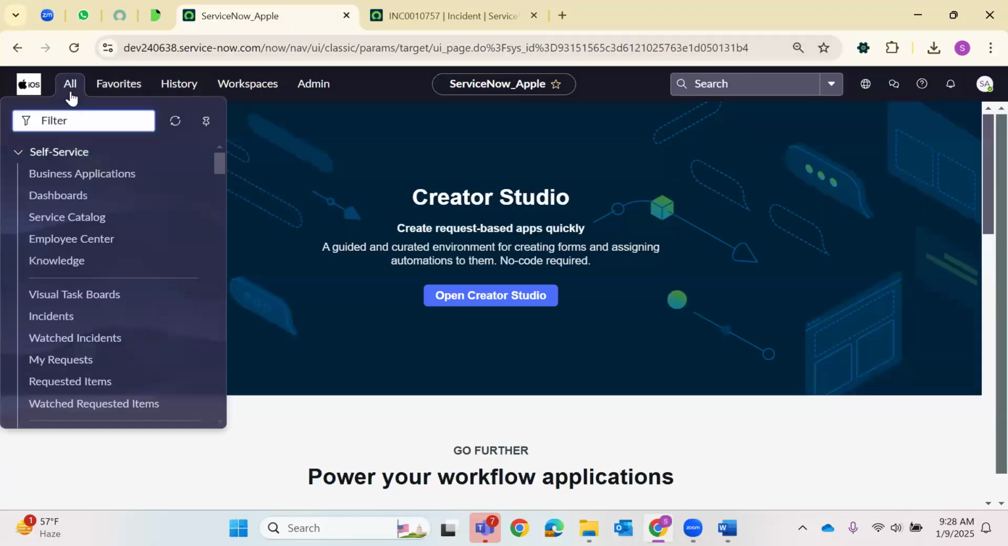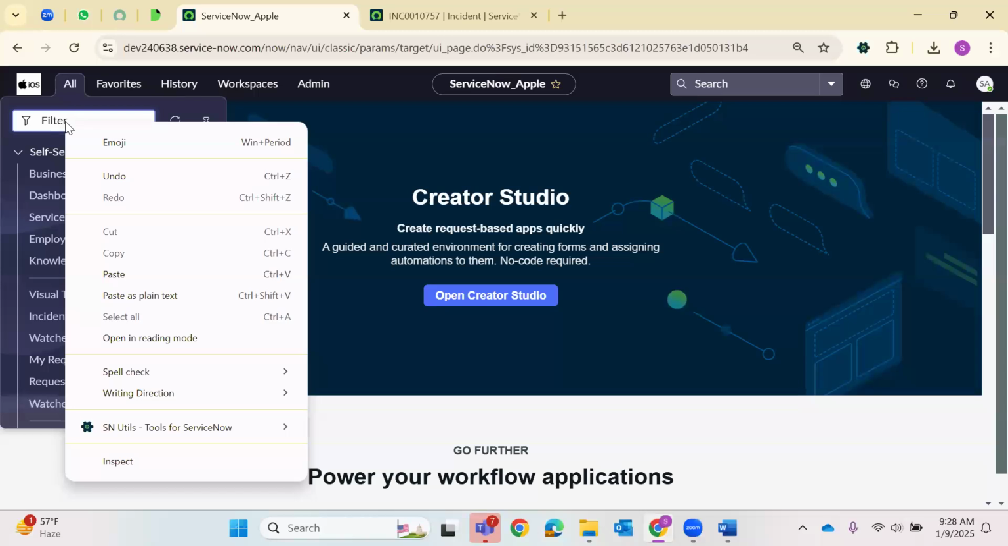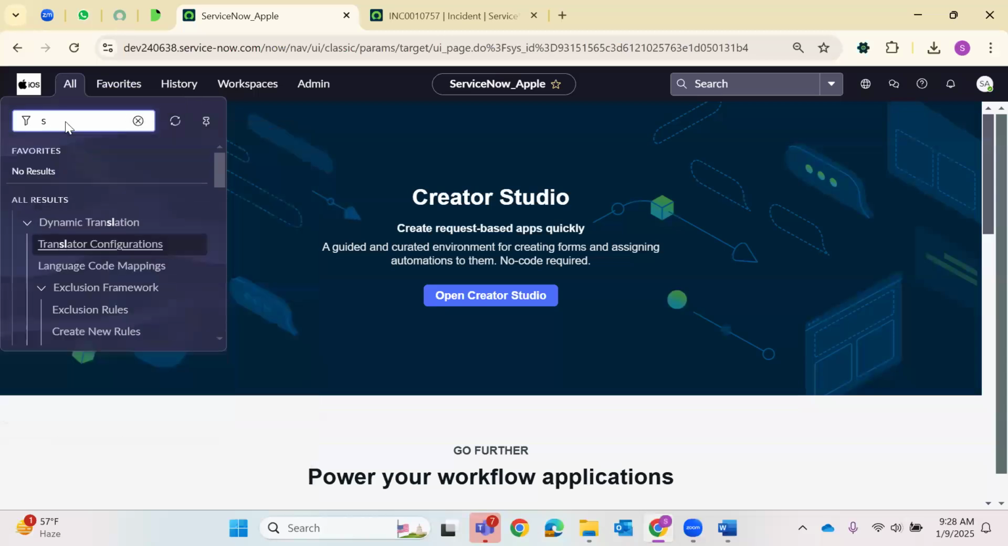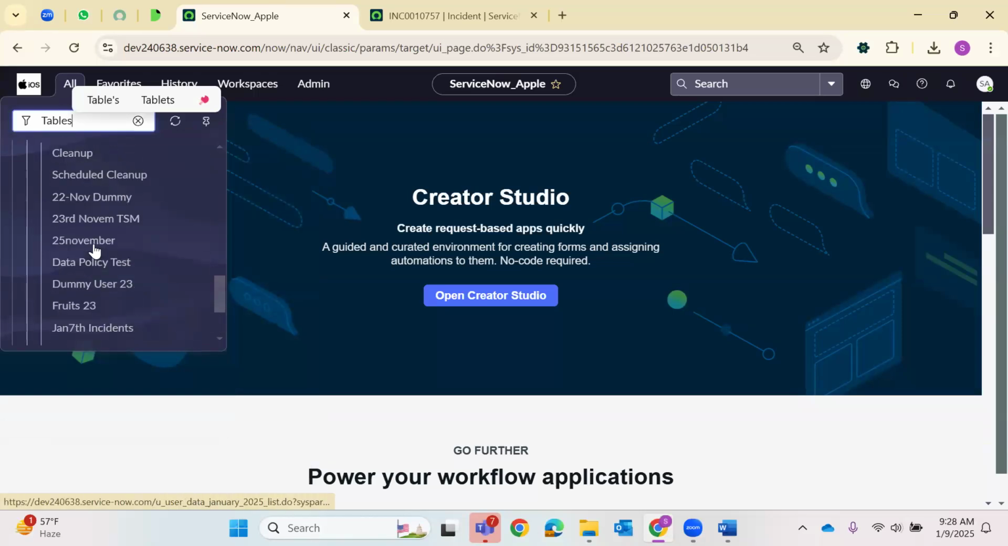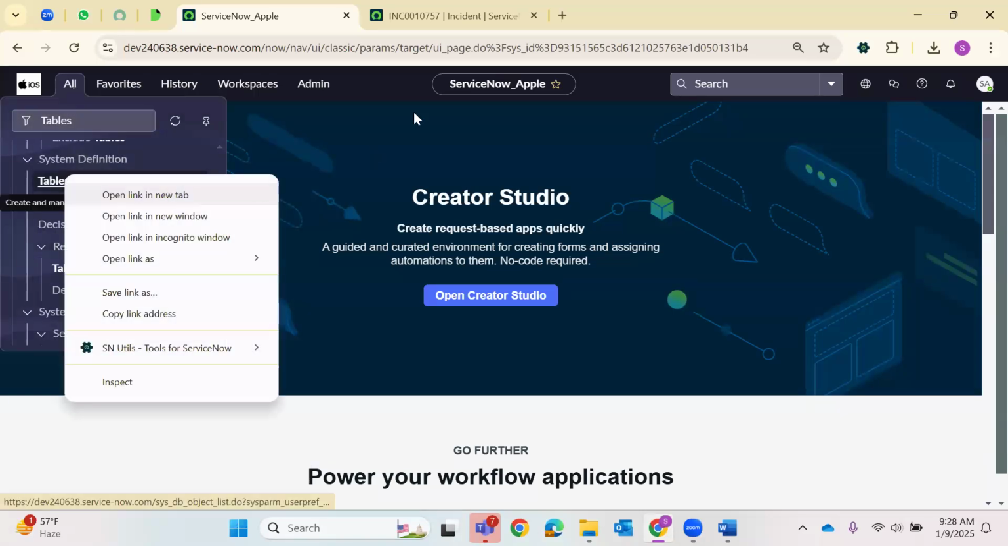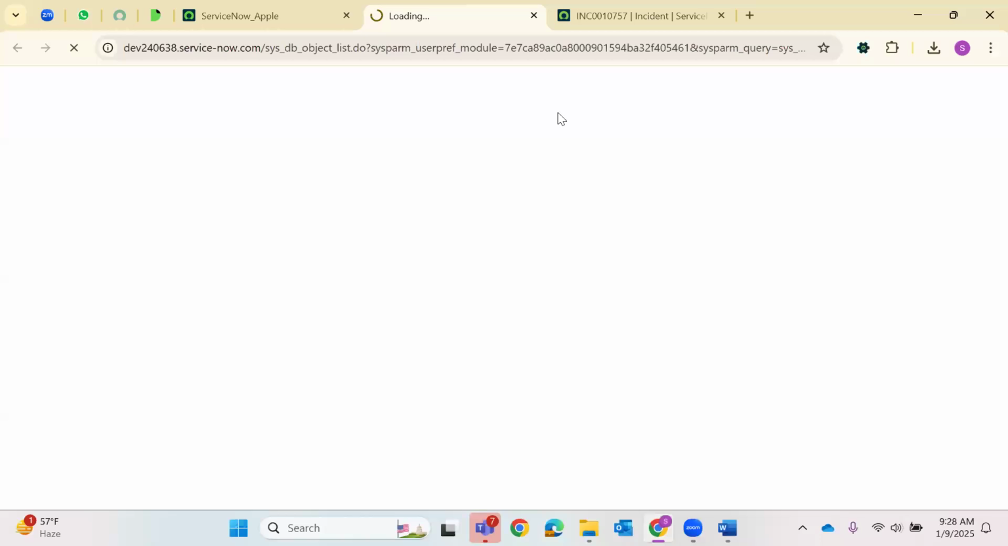So now my requirement is that I want to create a table, and let me create a table and let's work on that. Just go to tables, from system definition, you can